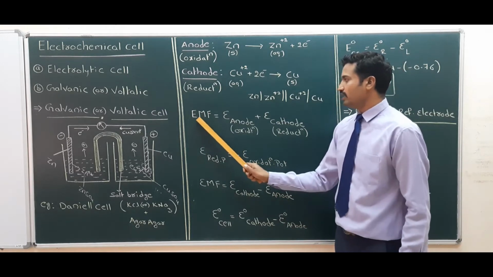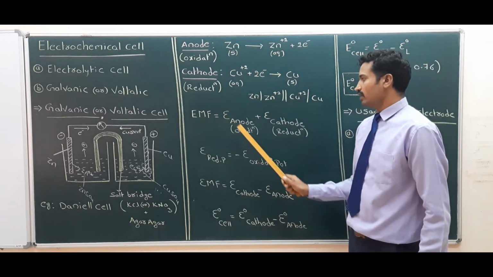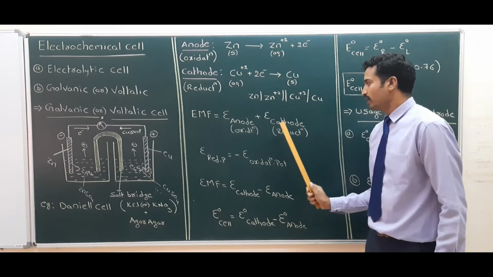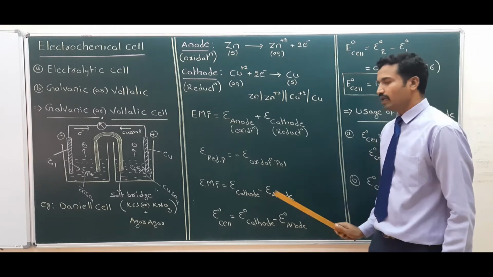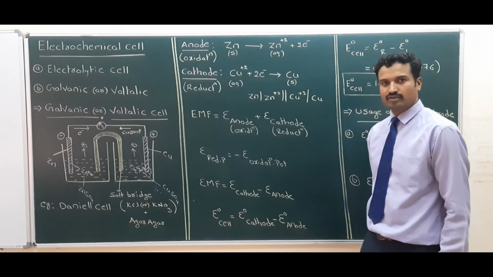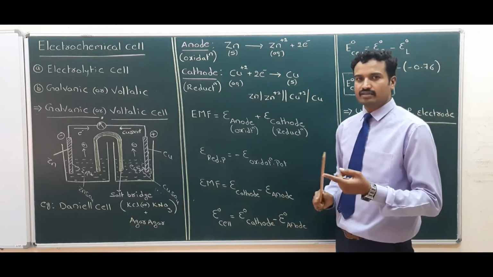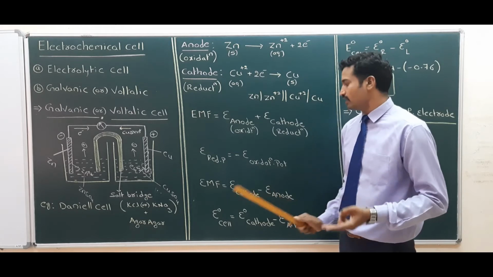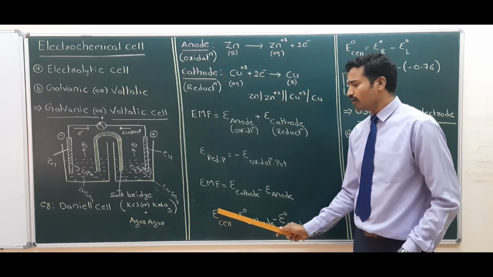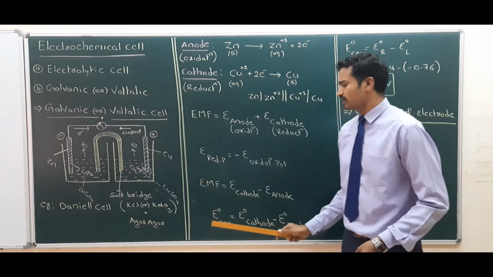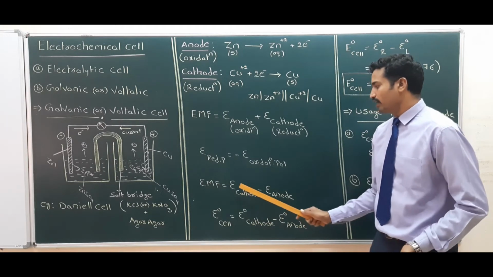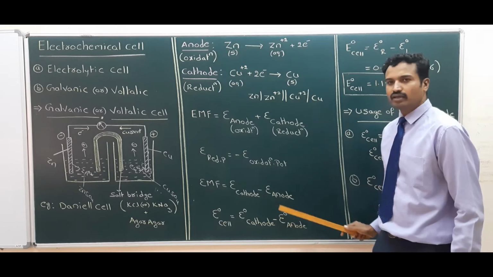Now the formula is EMF is equal to minus oxidation potential plus reduction potential. So we can write EMF is equal to E cathode minus E anode. This is called EMF, electromotive force. We can write at standard condition, if the concentration is constant and temperature is constant, E naught cell, standard reduction potential, standard electrode potential. E naught cell for a cell, with both oxidation and reduction, it is called a cell. E naught cell at standard condition is equal to E naught cathode minus E naught anode.